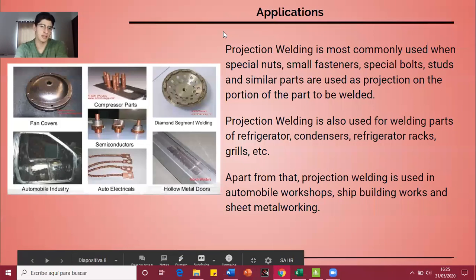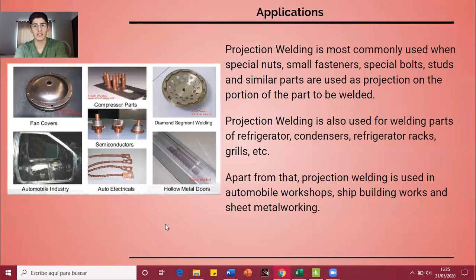The applications: projection welding is most commonly used when special nuts, small fasteners, special bolts, studs, and similar parts are used as projections on the portion of the part to be welded. Projection welding is also used for welding parts of refrigerators, condensers,